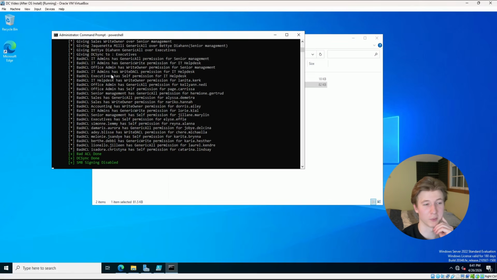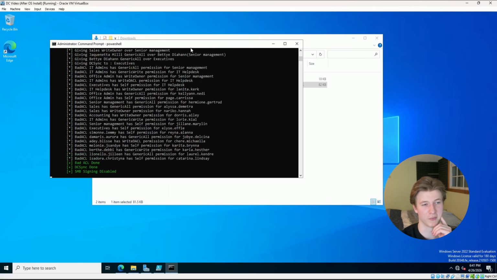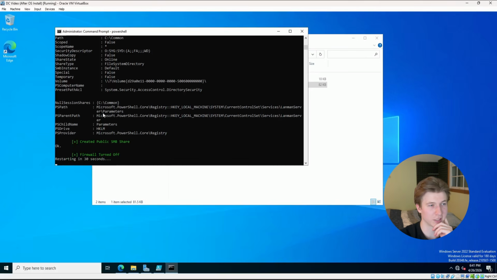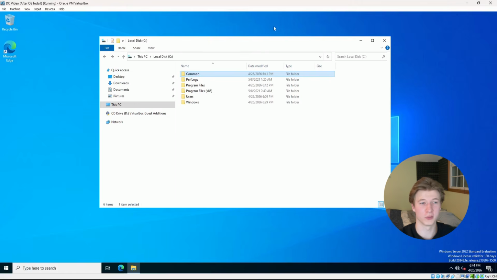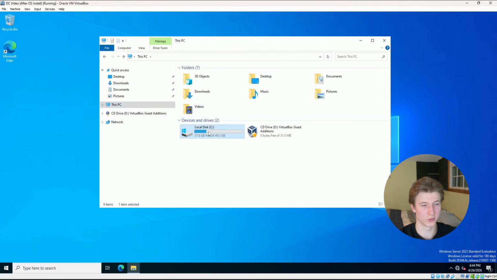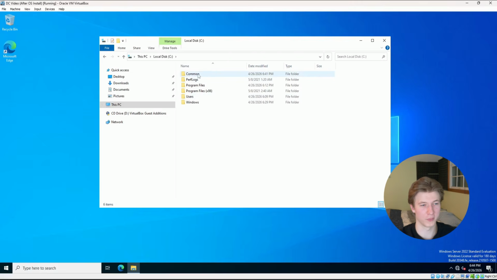If you don't want any spoilers, I would recommend that you don't look at the output of this command running. And then after 30 seconds, your system is going to restart, and it should be all set up as a vulnerable domain controller. After the reboot, and once you log in, you'll know that you're all set up if you go to This PC, your local C drive, and you see this common Windows folder right here with the DNS restart PowerShell script in it, then everything should have run smoothly,